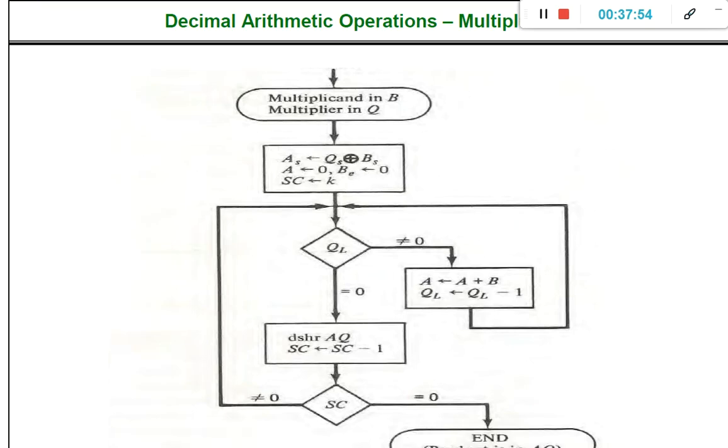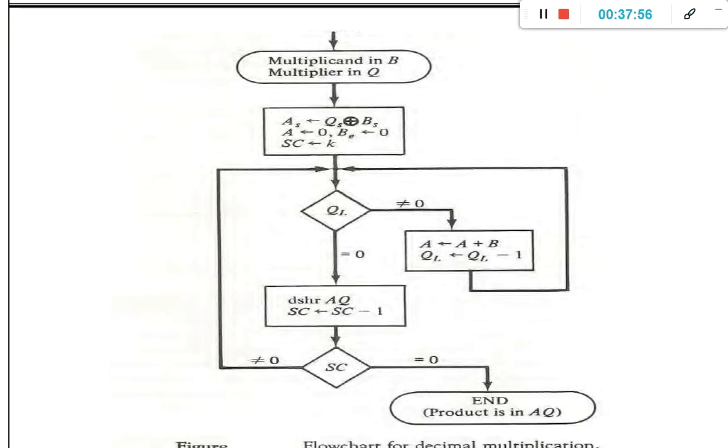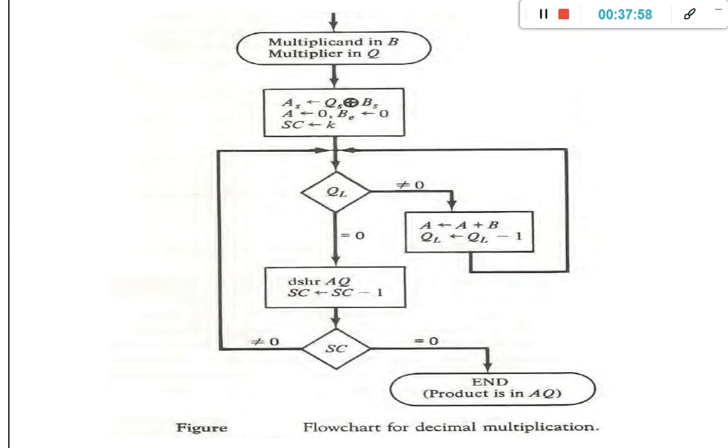The circuits will be similar to the binary circuits. However, as far as the shift operation is concerned, we are going to use a decimal shift right rather than binary shift right. That is the only difference between the binary implementation and the decimal implementation.